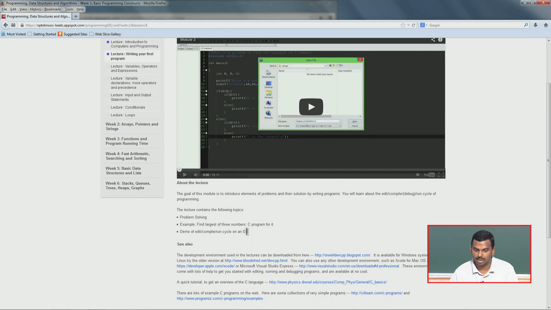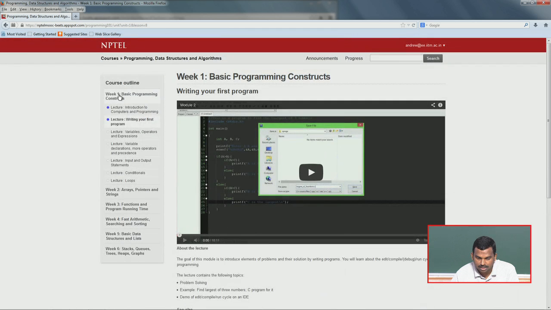Okay, and then some text explaining what it is. I was hoping to see some assessments here. So it looks like the assessments part of this has not been copied. So since it's a live course, we don't have the assessments here, and the other weeks are also not copied. So this is how the content of a MOOC looks.